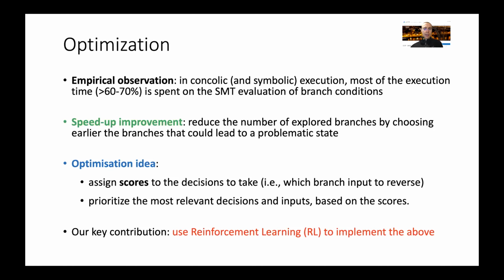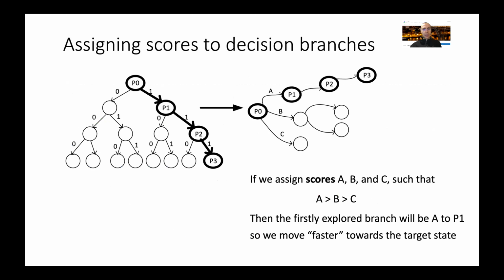And of course, the idea was also presented in the original paper: you have to assign a score, a heuristic, to the decisions that you take, which branch you want to inverse. And our novelty and the key contribution of the paper is to use reinforcement learning to implement that kind of scoring and evaluation. So if we take a look again at the concolic tree evaluated,